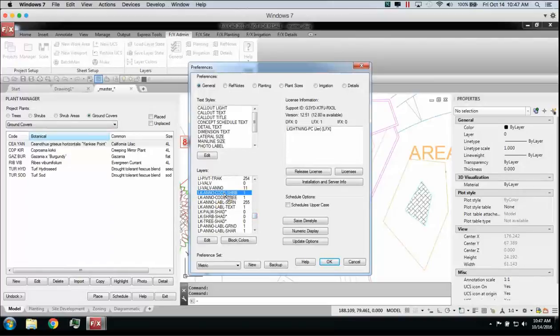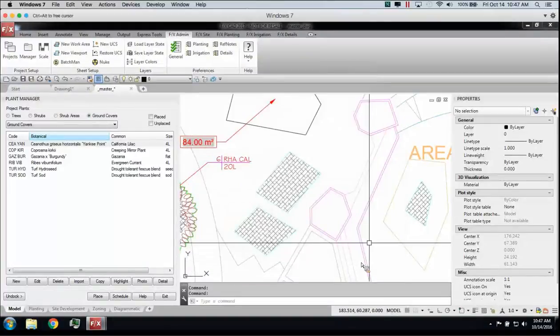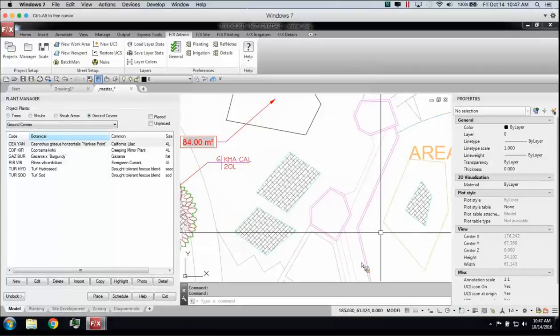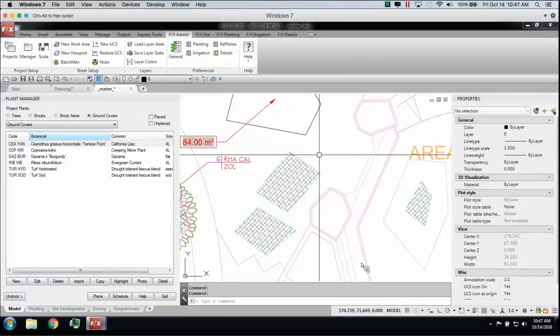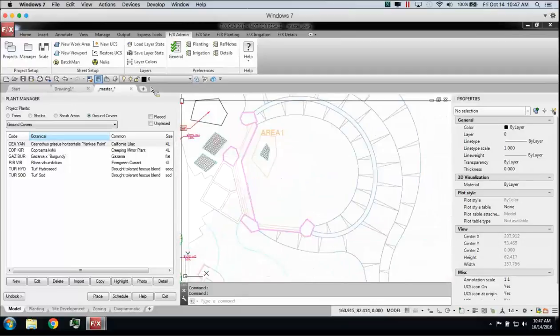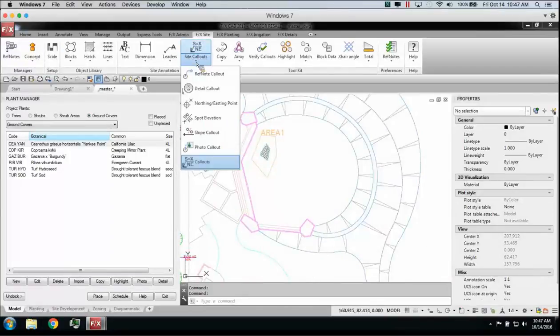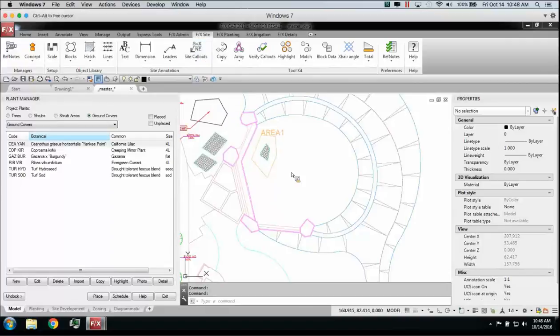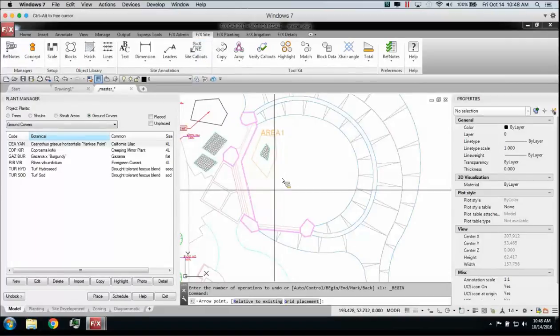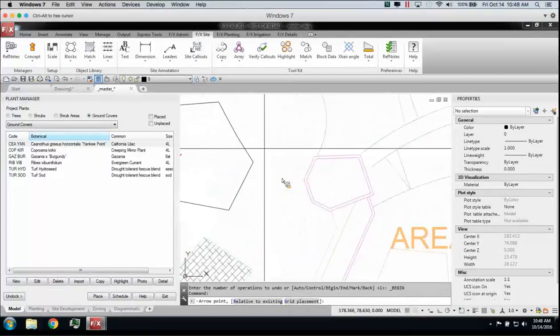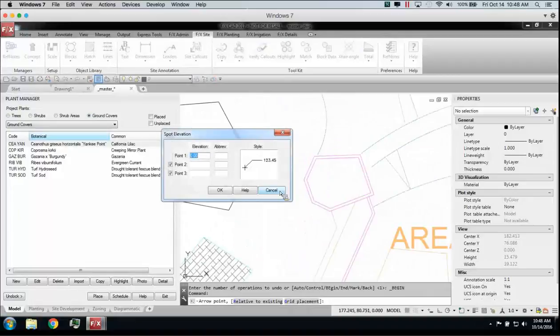For alphanumeric symbols, the text inside the alphanumeric symbol is now on its own layer. LK AnnoCode shrub and LK AnnoCode tree. So making that also easier to freeze and control. So little things like that. Again, a lot of these things, little tweaks here and there. Not necessarily giant. We have our little spot elevation changes where I have my little shortcut here because I'm actually still in the middle of testing that one, where we have a whole new dialog box and I can do